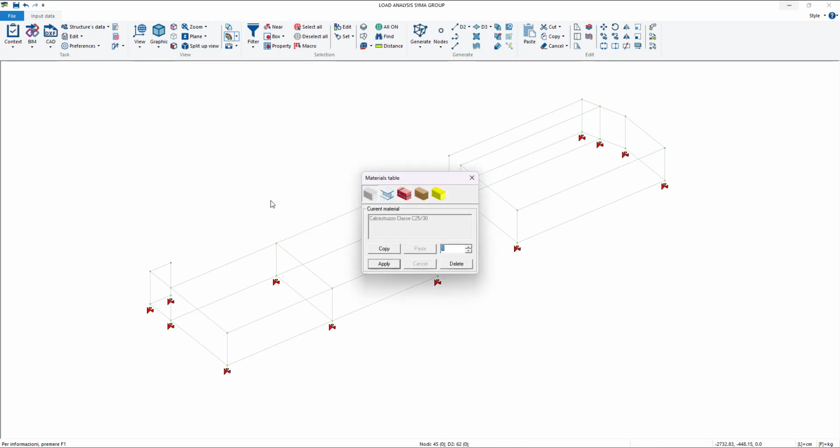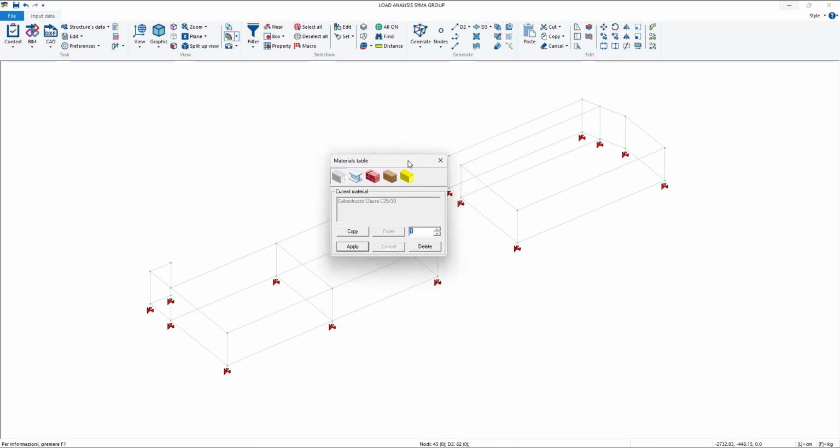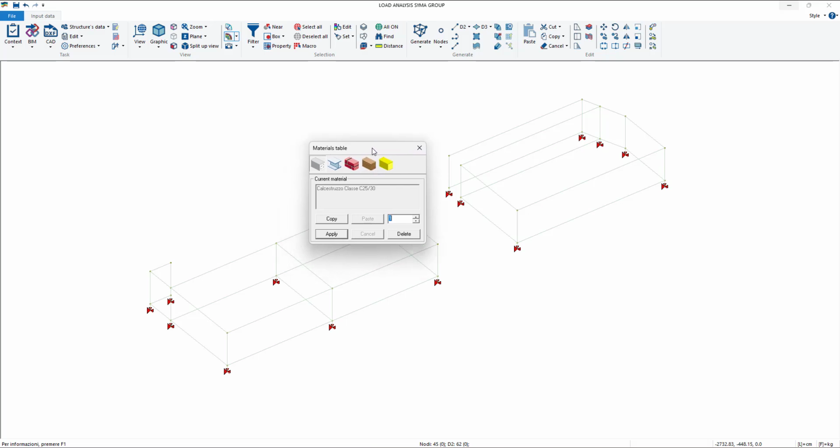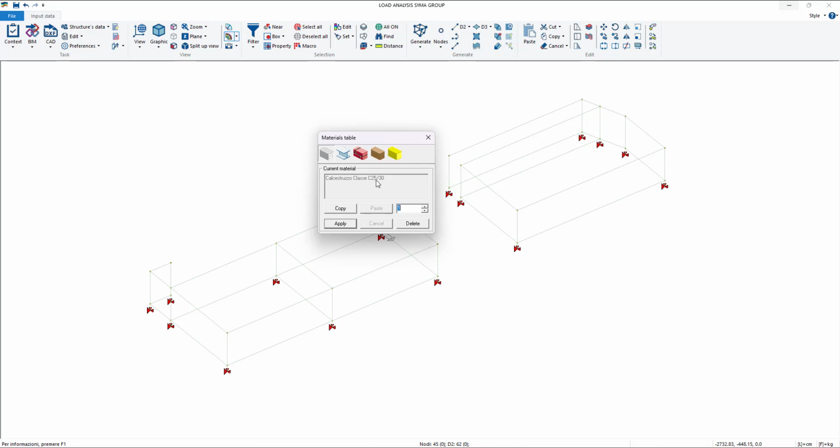Then if I go on materials, here I have my full archive of pre-ordered materials. This is an Italian archive right now. I will send you the English one maybe. But for this lesson we're gonna work with this. It's not that important. We're gonna assign one material to everything, and then we will go on.